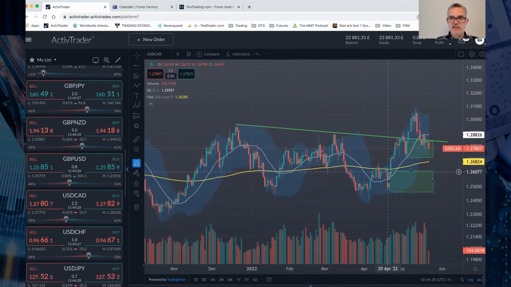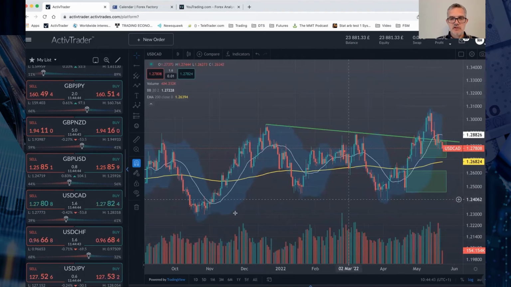If not, then we're looking to this big red candle here from the 20th of April, see if that has enough buyers left there like they were back here from the 20th of April. If the buyers are still there, then we come back up. Otherwise, we've got maybe these swing lows here, market structure, all the way down to the 21st of October and the 1.222.